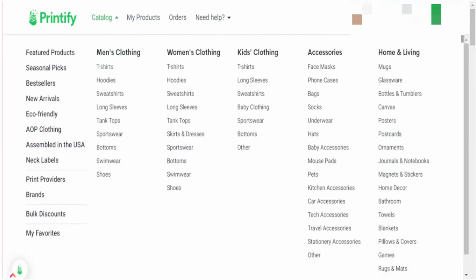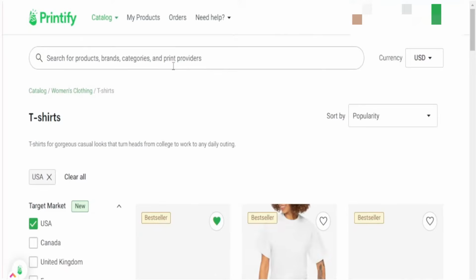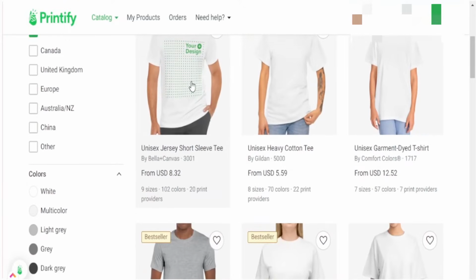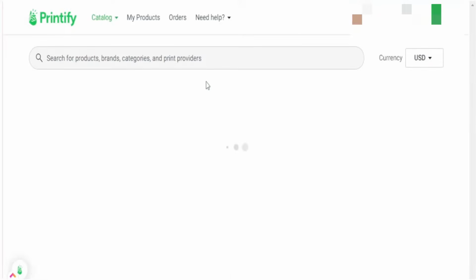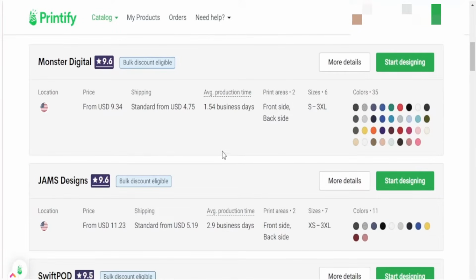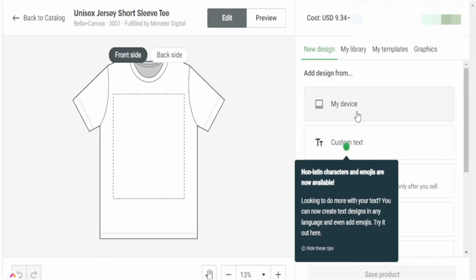So I want to go to catalog. I want to go to t-shirt. And I want to sell the Bella Plus Canvas 3001. So I would do that here. And I want to go down and find whatever print provider I want to choose. So I will hit start designing here, and I want to go ahead and select my device to find my